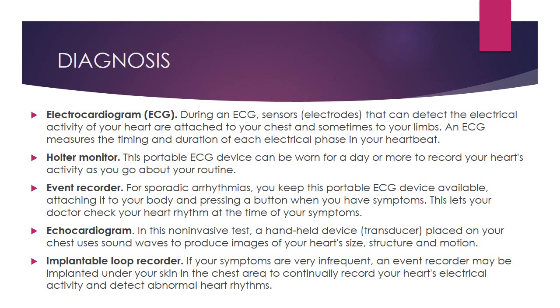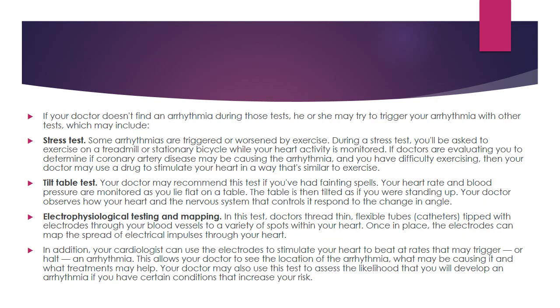It is like a small USB stick. You have a small device which is put in below the skin area on the chest, and this detects and records all the arrhythmias. From there it can be retrieved, and it can be seen when and where, or in what conditions, the heart has gone into an irregular beat.